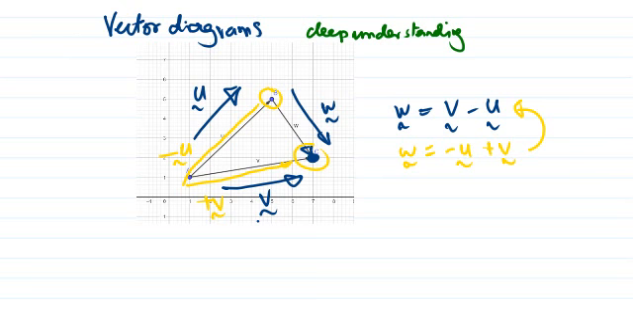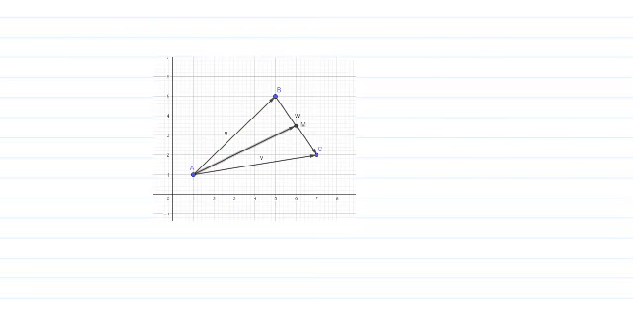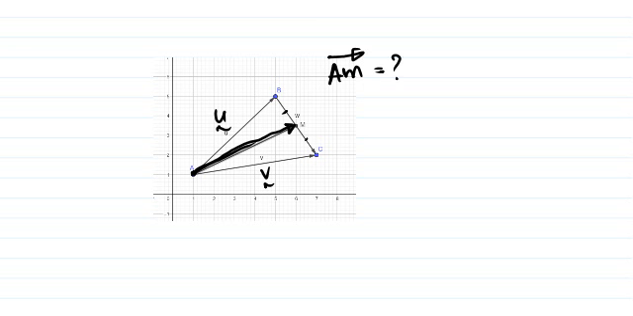Now, a little more subtle. If M is the midpoint, I'll just mark that, and we have the u vector and the v vector, what is the vector from A to M? Okay, what is AM? Well, we can go here and then halfway along this vector, halfway. Now we worked out what BC is, therefore AM